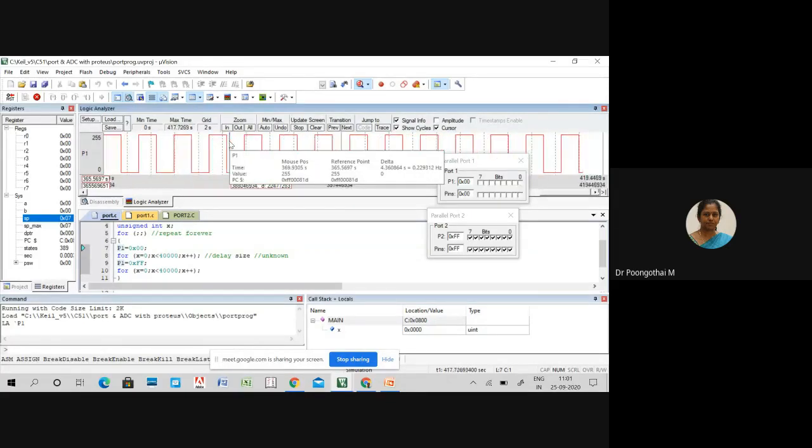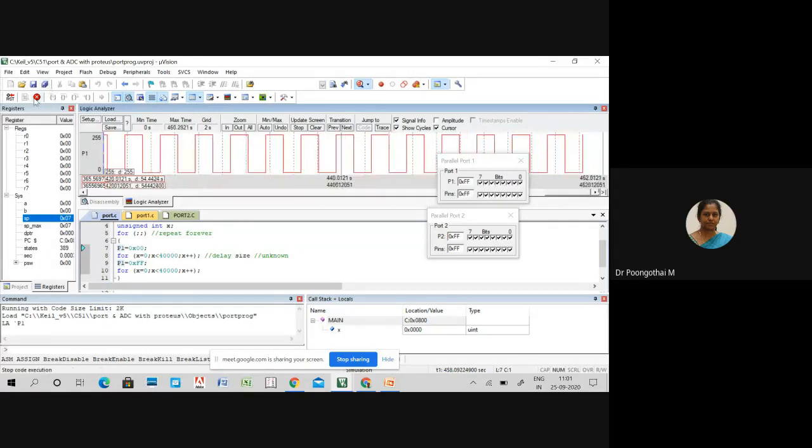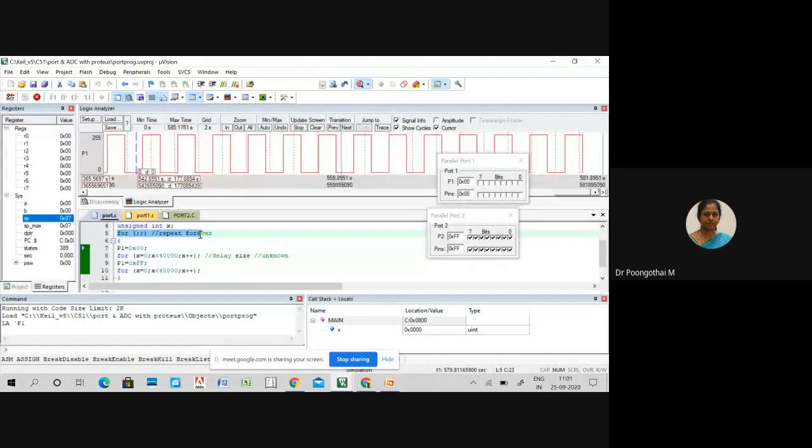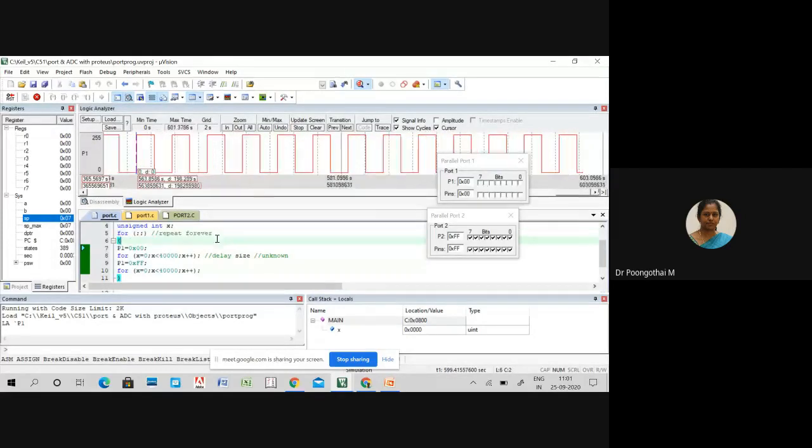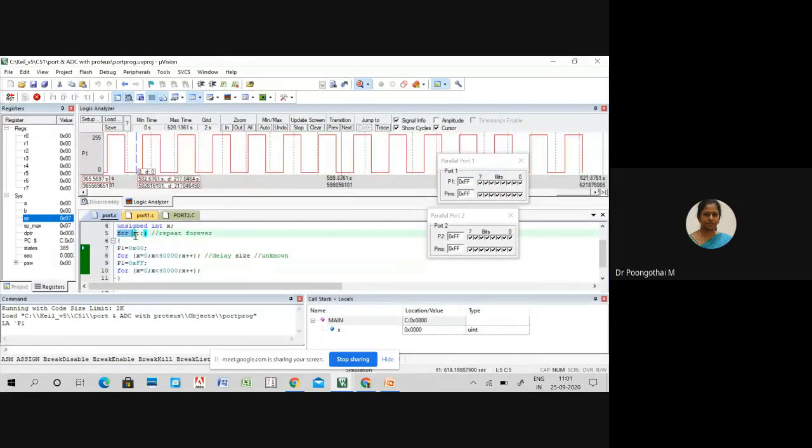You can trace your time period also using this logic analyzer. Either you can use a while loop or this for loop to repeat certain instructions forever. Either you can include while(1) or for.